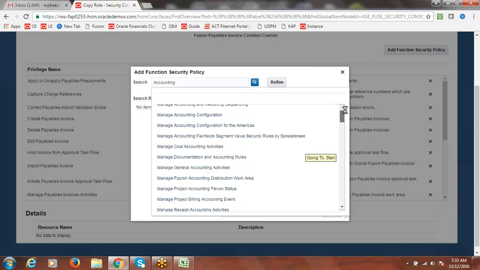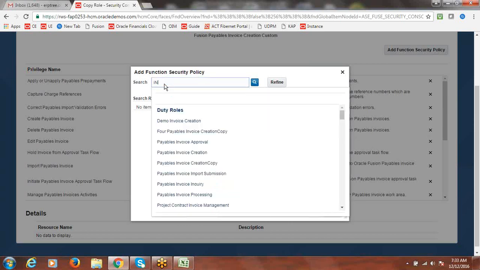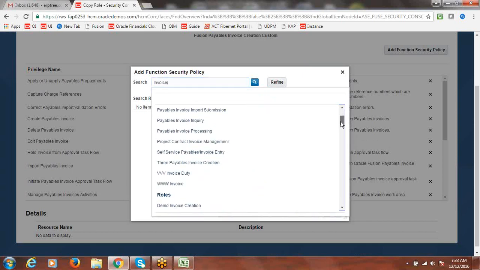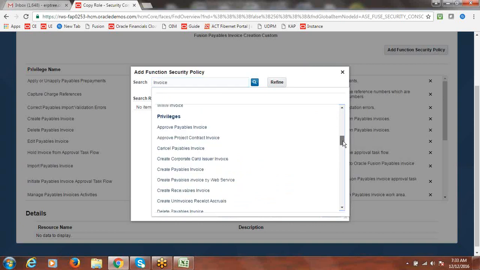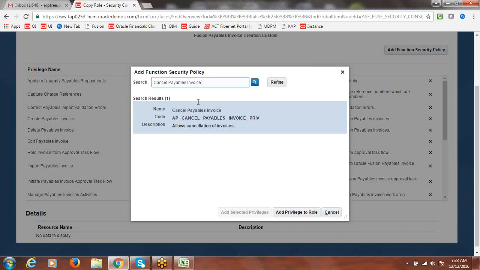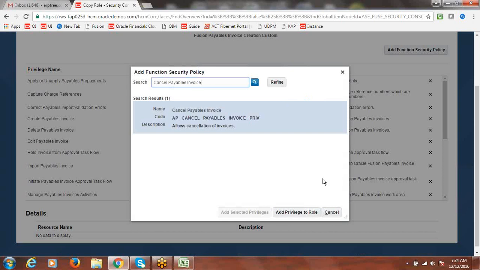So when I talk about invoice, let me go to the invoice. Just go to the privileges section. So I want to add this privilege into this role, which is not there within it. Just select, say add privilege to role. It is added to this role. Okay, done. And if you want to add something else, yes, you can add from here.